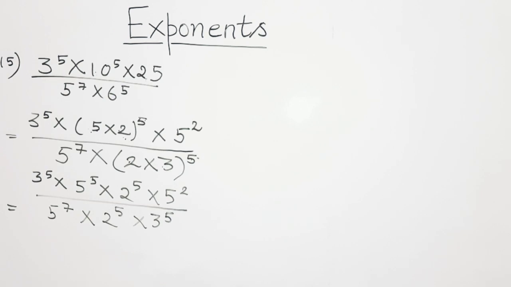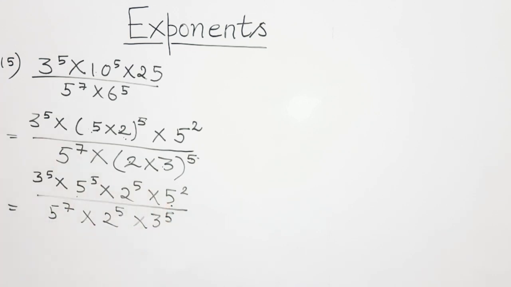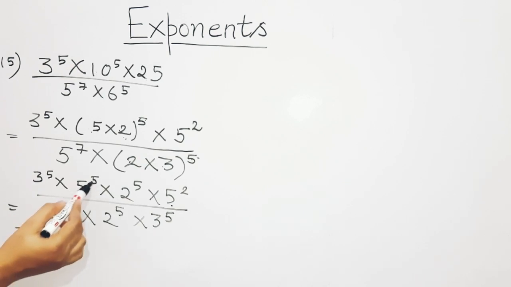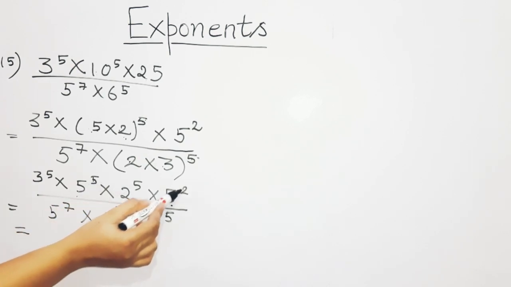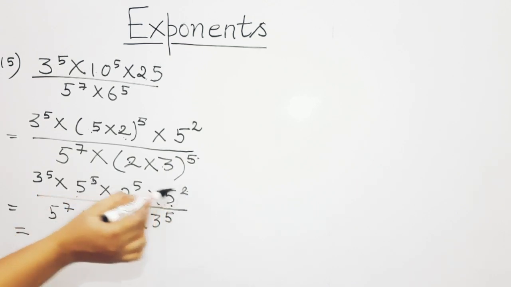In multiplication the powers are added, and when it is division the powers are subtracted. So as you all can see, this is also 5 and this is also 5, and both the 5s are in multiplication. They are in multiplication, so the powers will be added. So 5 to the power of 5 times 5 to the power of 2, the powers will be added. Now please tell me, 5 plus 2 is